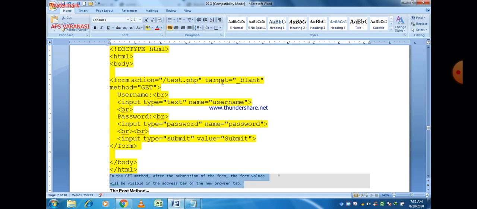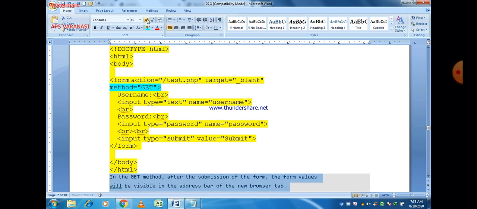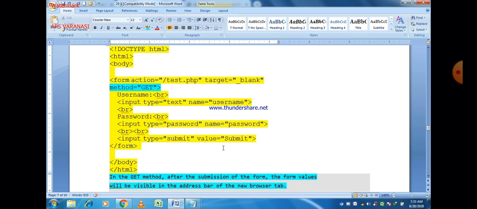In the get method, after the submission of the form, the values will be visible in the address bar of the new browser tab. So you can see the data in the new browser tab when you use method is equal to get.